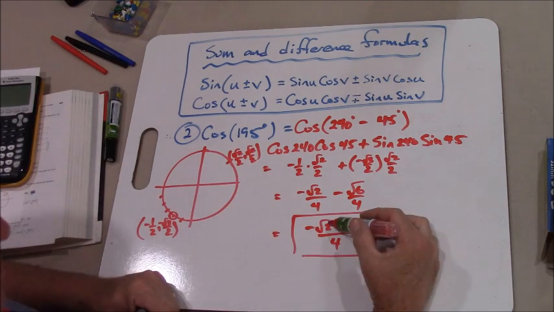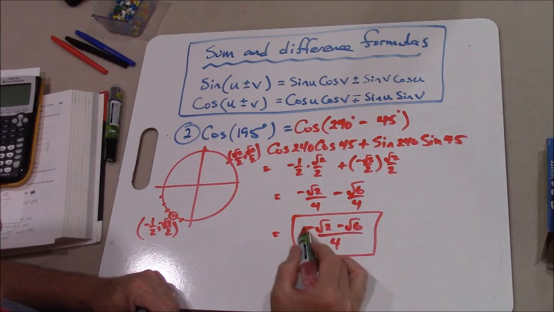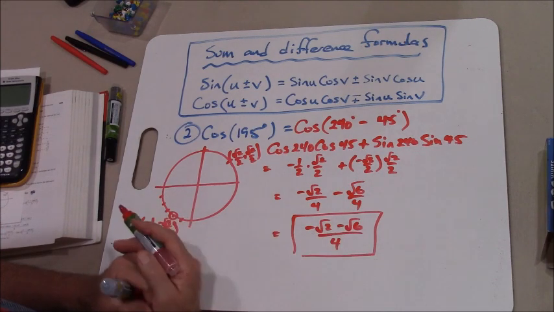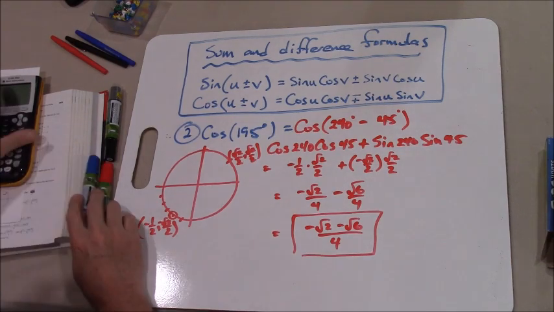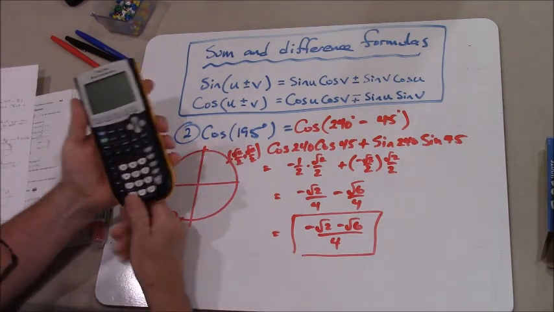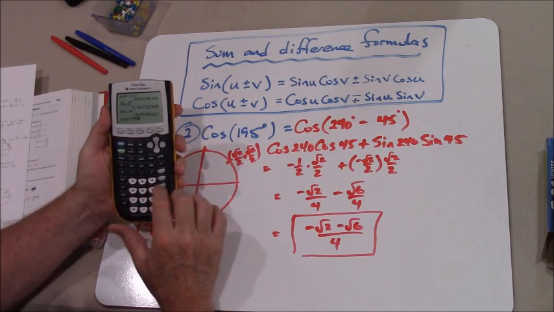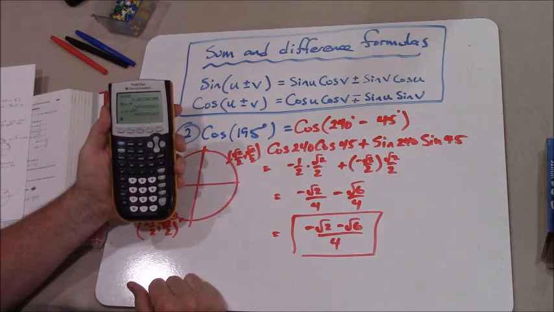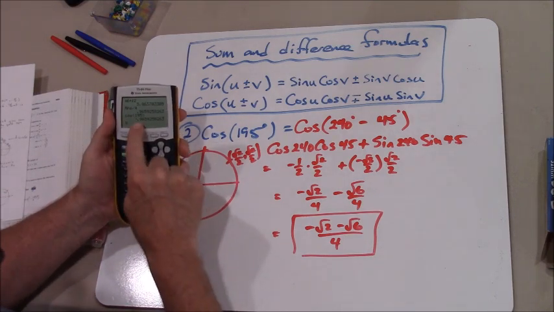So again, remember, I said we always have a root 2 and a root 6 and a 4 on the denominator. We just got to figure out what the signs are going to be. And again, real easy to check this. If I go back and do the cosine of 195, I have the same answer we got last time, except it's negative this time. So a negative